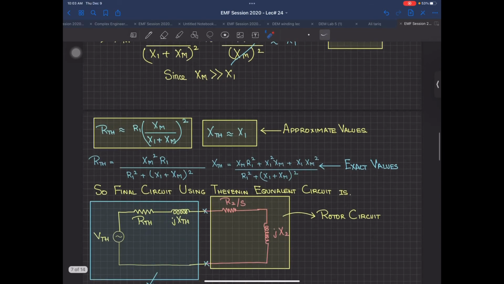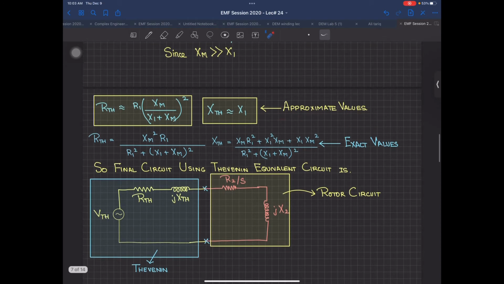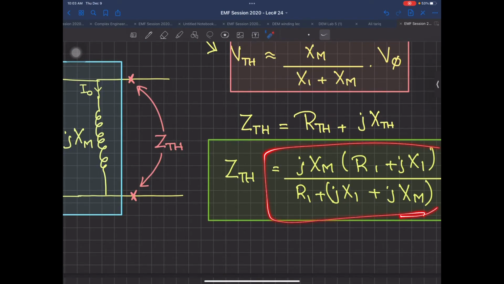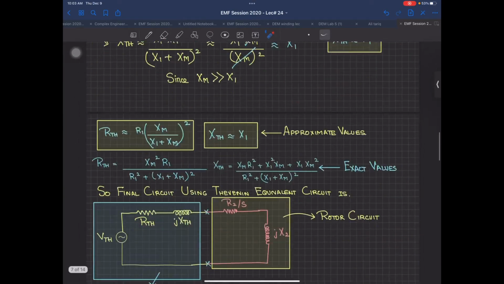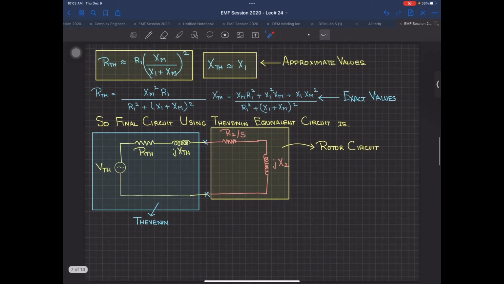Okay? So I have given the approximate formulas also, and I will not advise you to memorize this one. It's very difficult to memorize it. It's better you just know how to do it, that is, by having it in parallel, because you have the value circuit. But yes, you will have to memorize a little bit for this one and this one. Very easy for you. So when you have found out R Thevenin and X Thevenin, build this circuitry,